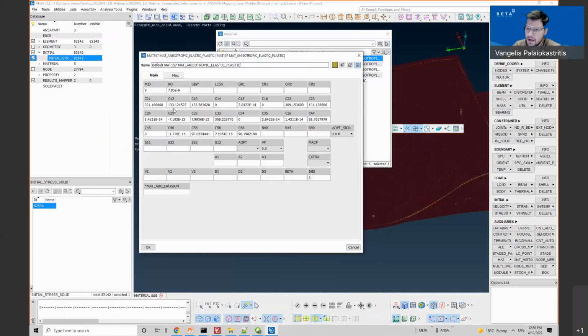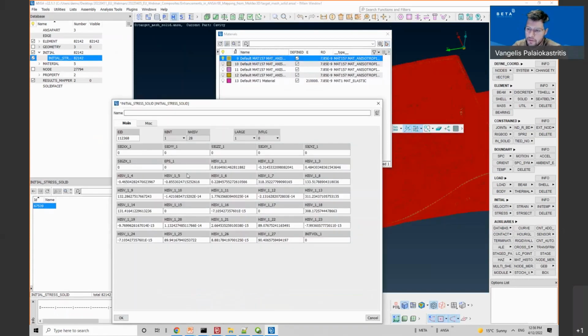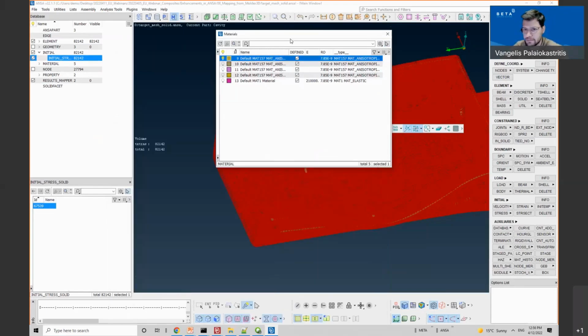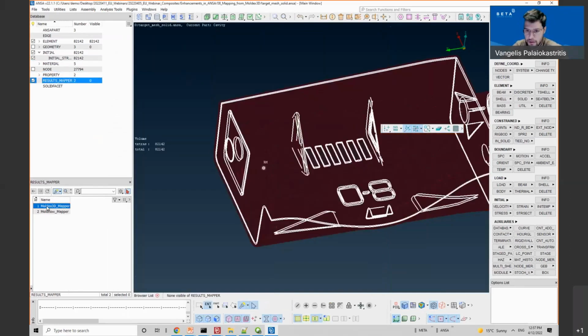The material 157 is created, and this material also wants as input this initial stress keyword with the history variables that have the material orientation of this element and the homogenized stiffness tensor, a homogenized material actually, for this specific element.